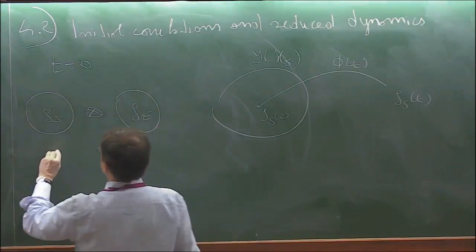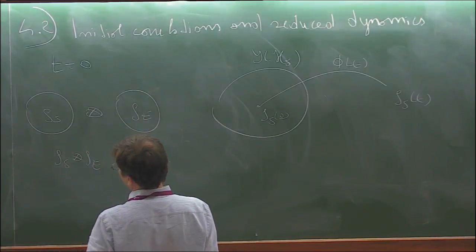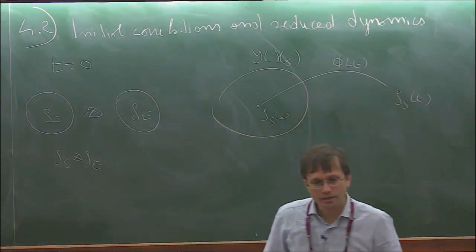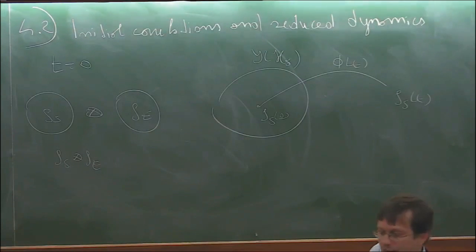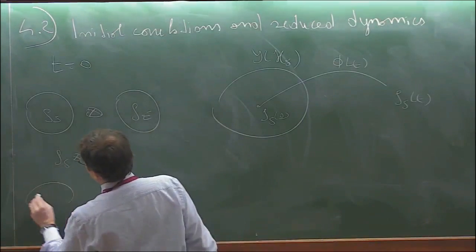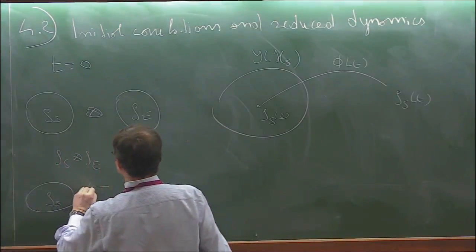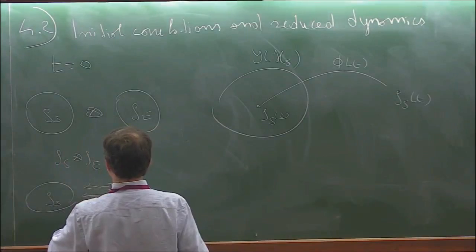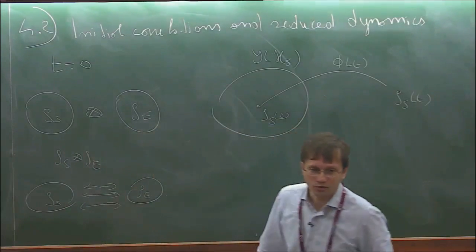But this is for the factorized situation. Then suppose we have correlations. Can we say something? My initial statement was no. Now I make it a bit more precise. At least this is a very controversial issue. But suppose we have correlations, but of a special kind. And to denote this, I draw these arrows.